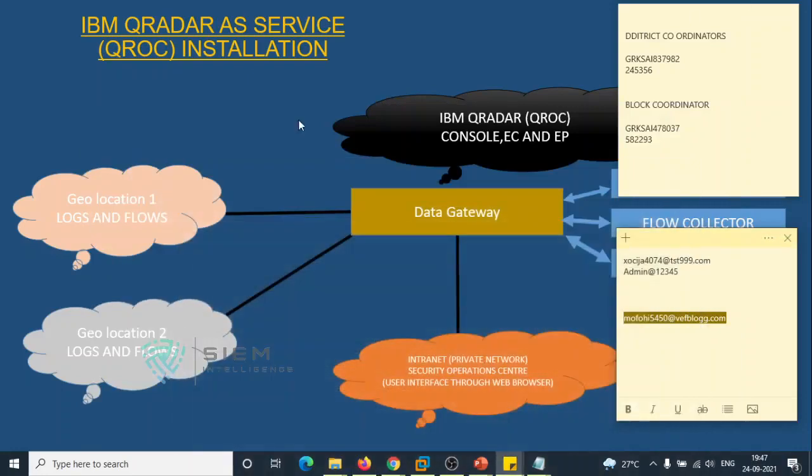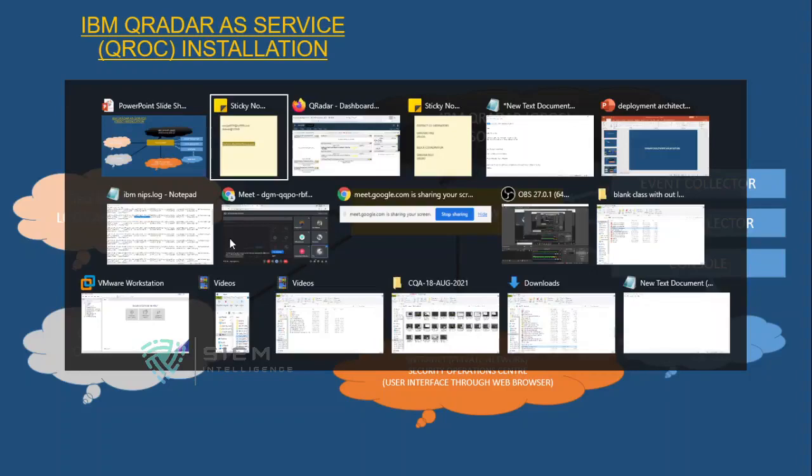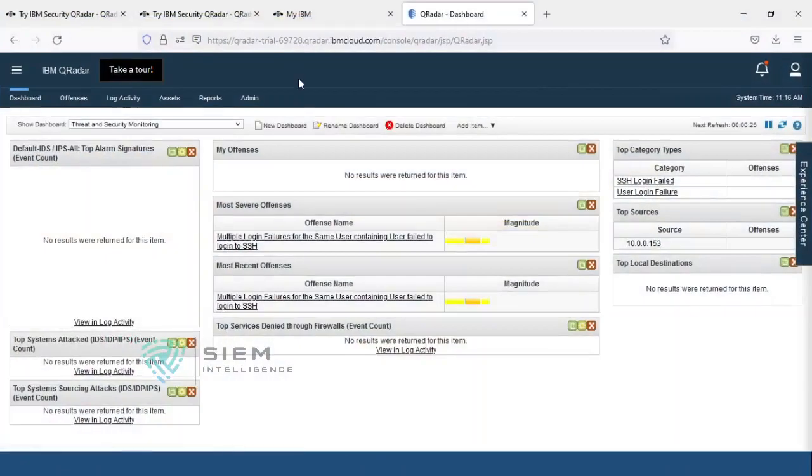But if I go and see in my setup, where it is switched on, it's not switched on. As I said, as it is only a 14 days trial edition, you will get only a basic view of dashboard, offenses, log activity, assets, reports and admin. We will talk about each and every tab in the following sessions, what is what.